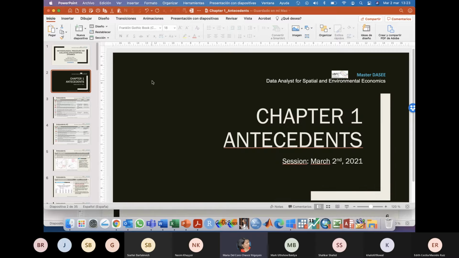So, well, the first chapter is called Antecedents. Why? Because I'm going to present some very important papers in this literature of spatiotemporal mobility analysis. So when we talk about mobility, we are not talking about transportation or mobility of